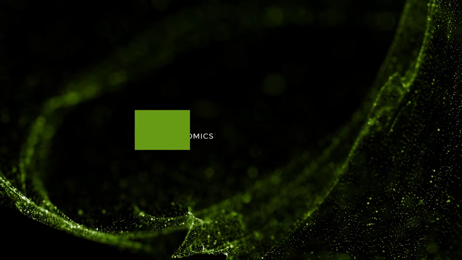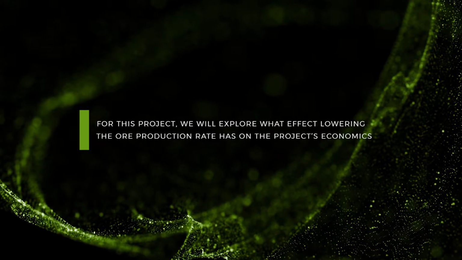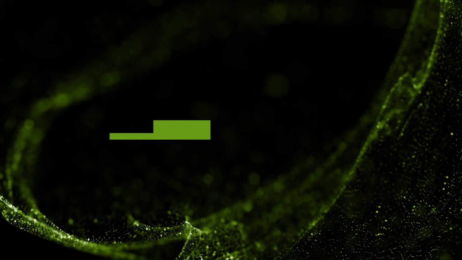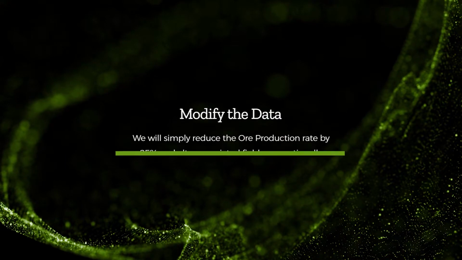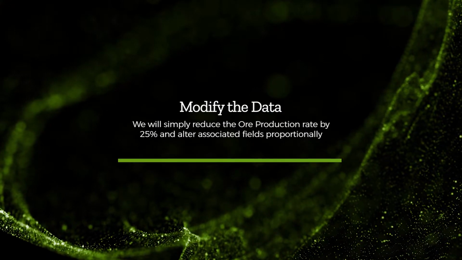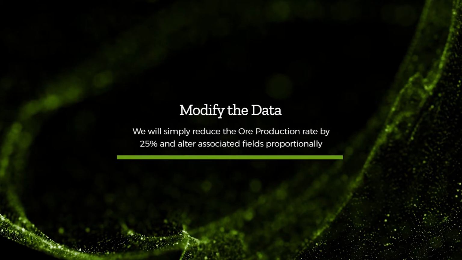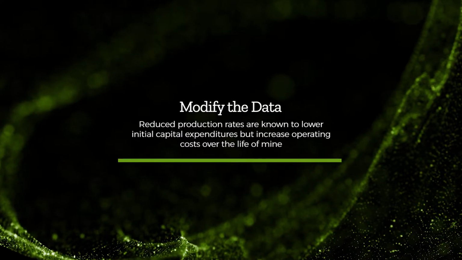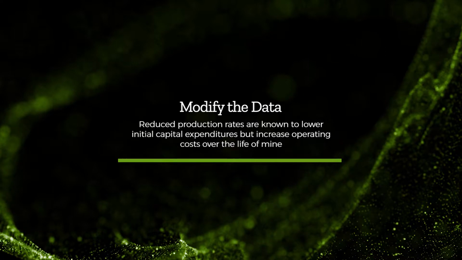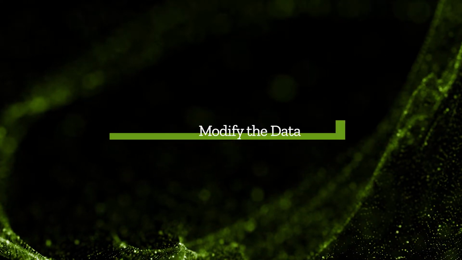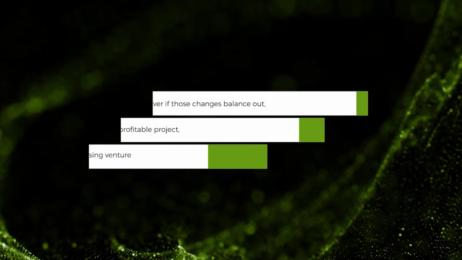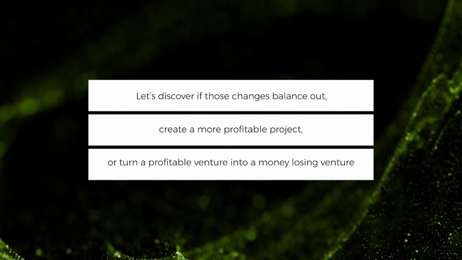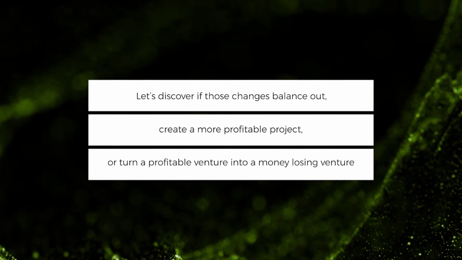For this project, we will explore what effect lowering the ore production rate has on the project's economics. We will simply reduce the ore production rate by 25% and alter associated fields proportionally. Reduced production rates are known to lower initial capital expenditures but increase operating costs over the life of a mine. Let's discover if those changes balance out, create a more profitable project, or turn a profitable venture into a money-losing